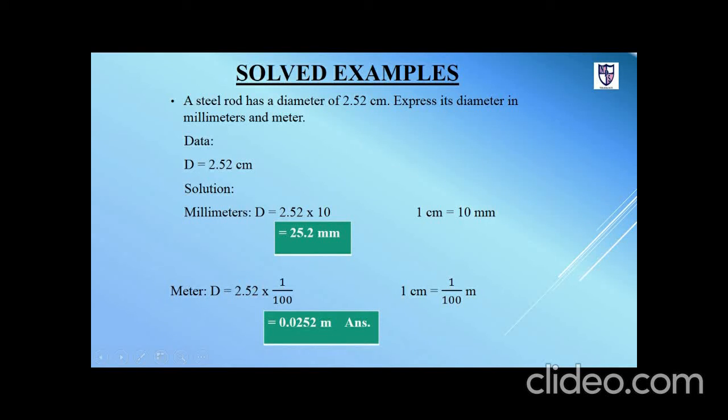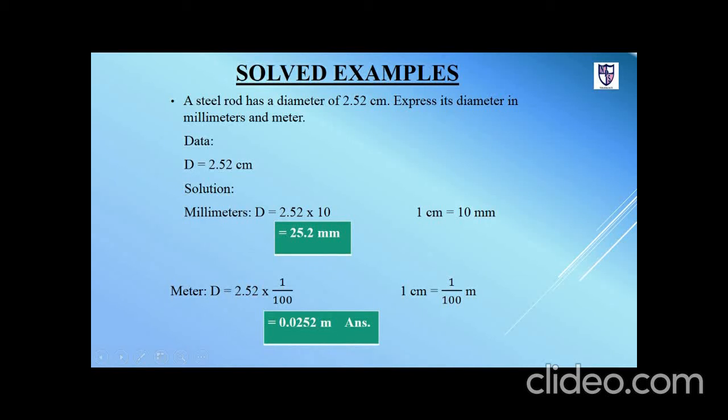A steel rod has a diameter of 2.52 centimeter. Express its diameter in millimeters and meter. See that diameter is given in centimeter, which is 2.52 centimeter. We have to convert it in millimeter and meter. 1 centimeter is equal to 10 millimeter. So, for 2.52 centimeter, it will be equals to 2.52 multiplied by 10 is equal to